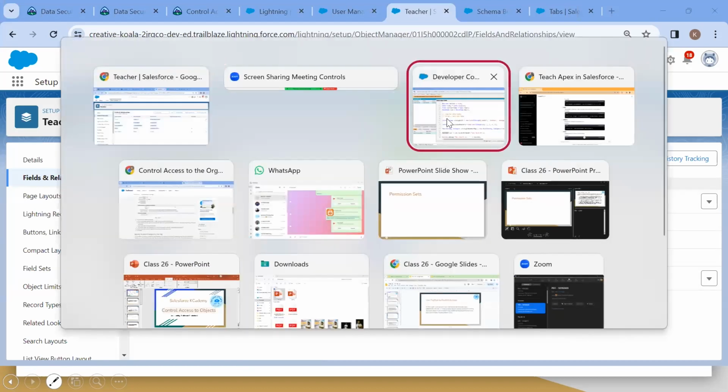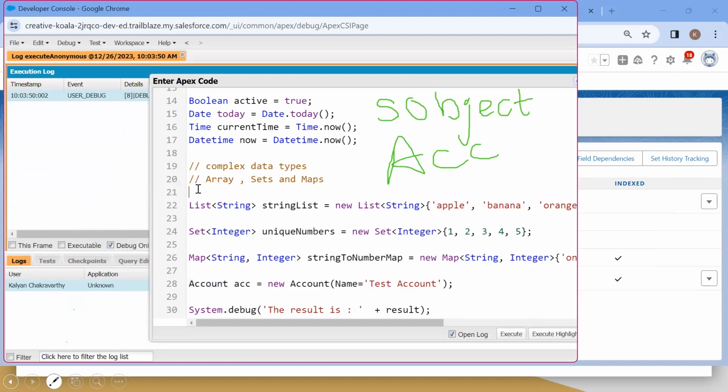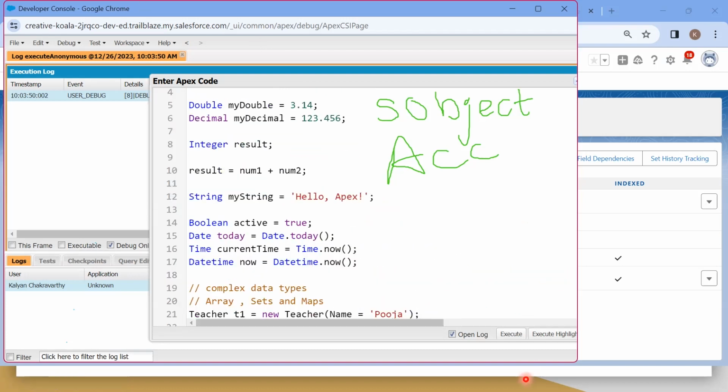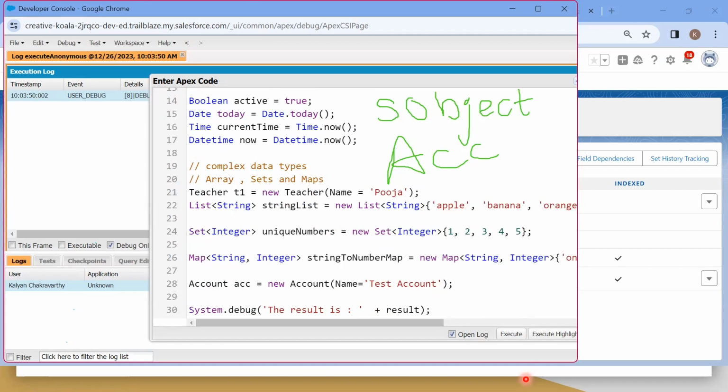Now, in the computer memory, if someone writes teacher T1 as a variable name, equal to new teacher, name equal to Puja, this means in the computer memory we will get